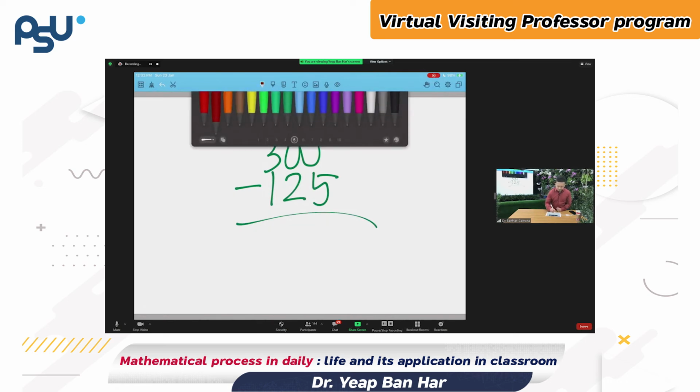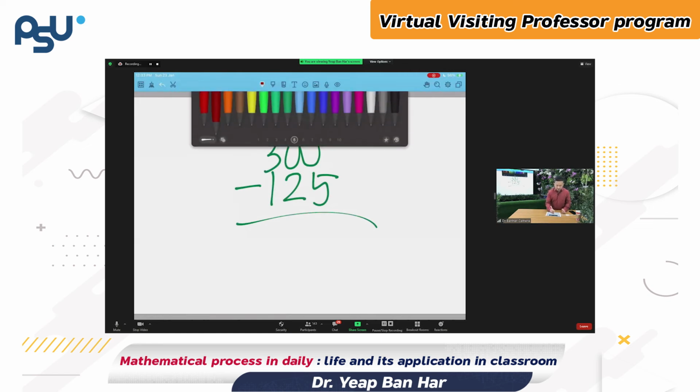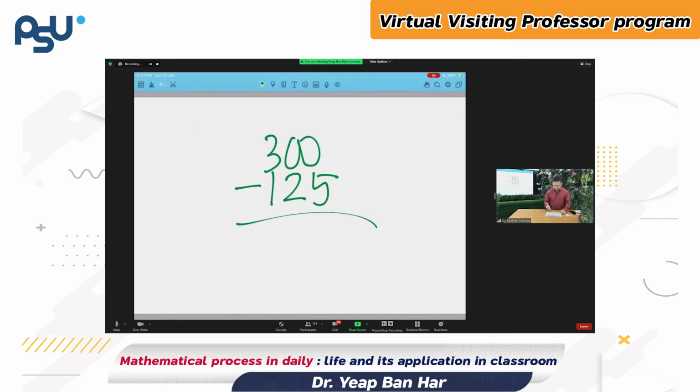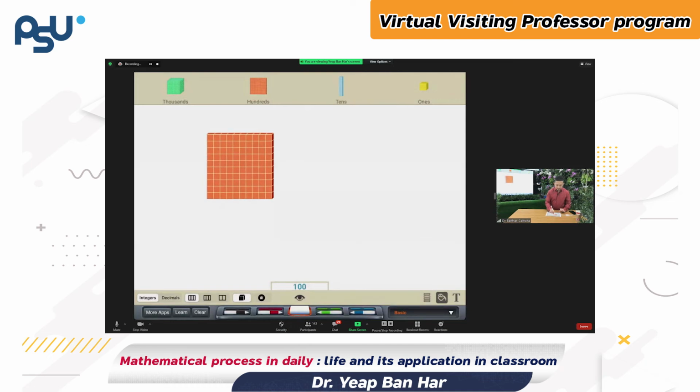I don't know how to do it properly because I've never done it. And the teacher may say, we need to borrow. Right? And there are some things that I really cannot do because I've never done it as a teacher before. But you know, when the teacher says, you cross this out, you borrow, and I don't know what else, you carry, right? But actually, it's quite simple. It is just 300.